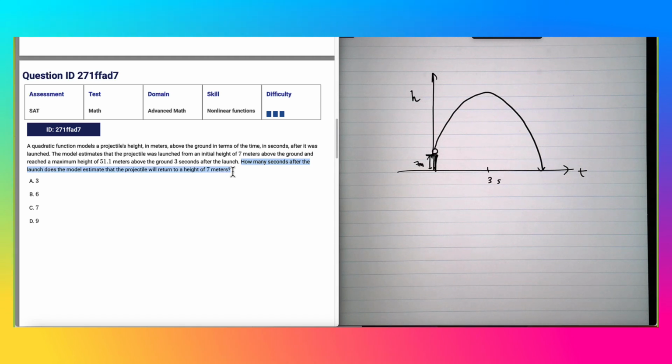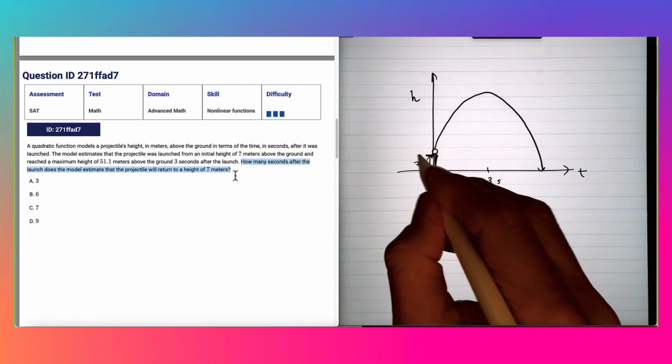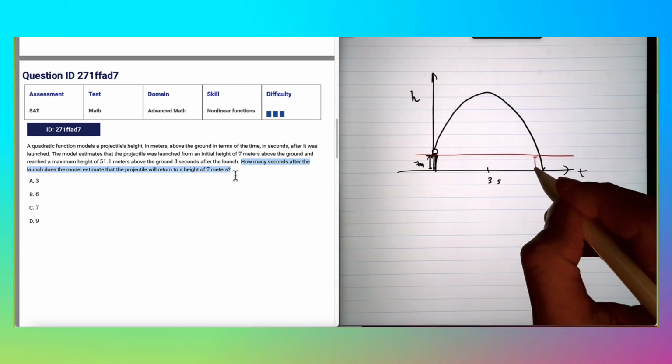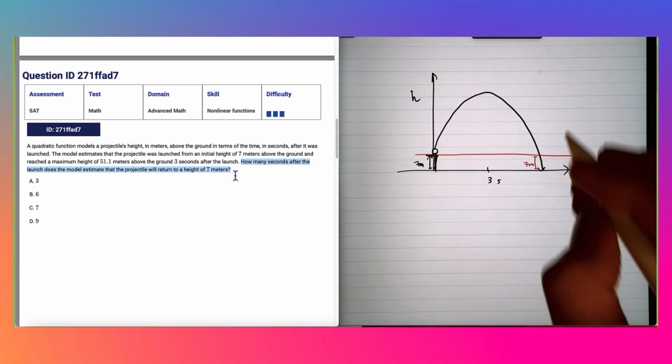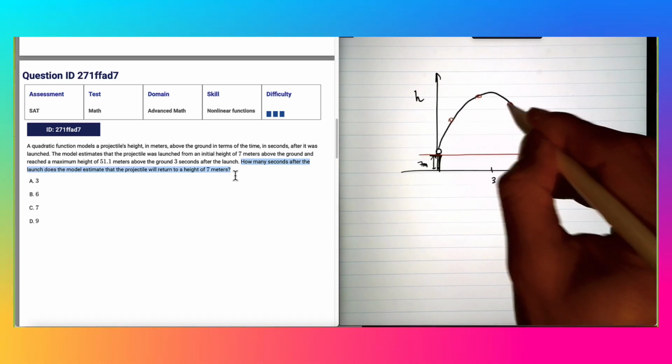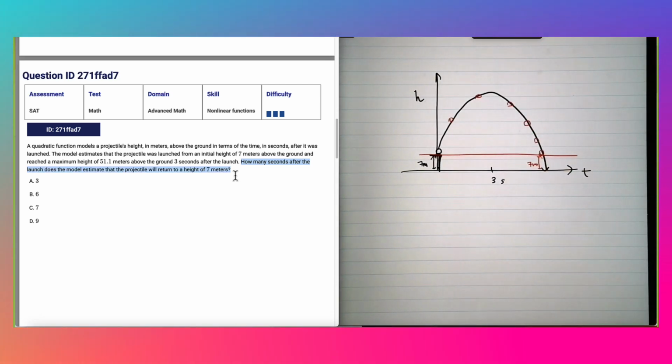How many seconds after the launch does the model estimate the projectile will return to a height of 7 meters? So I'll teach you the fastest way. This is easy if you understand that the parabola, or quadratic function, is symmetrical about the line of axis. So if I draw the same height on the other side of the trajectory, it takes the 7 meters to get the same height for this ball to travel and reach the same height, 7 meters above the ground,